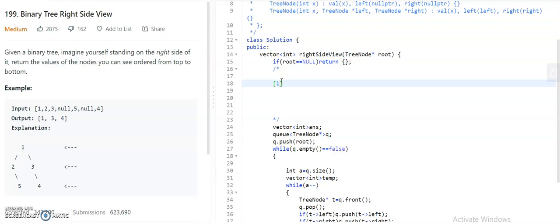Then I will pop this 1 and enter the left and right children of the 1. So this 1 will be level 1. When I pop out that 1 and push the left and right children of the 1 into the queue, that will give rise to level 2.